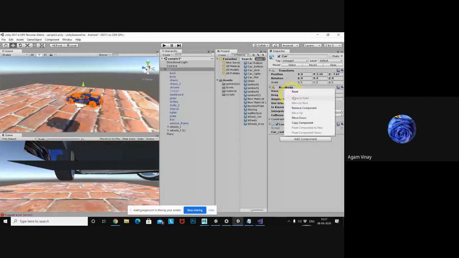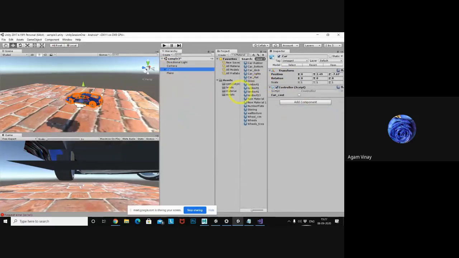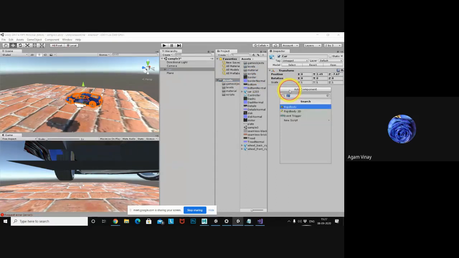Okay, no component. So how can you remove a component? Just right click on the component and remove component. It will be removed from the inspector. If you want to add a component, you can add it directly from here. So I want to add the script called controller.